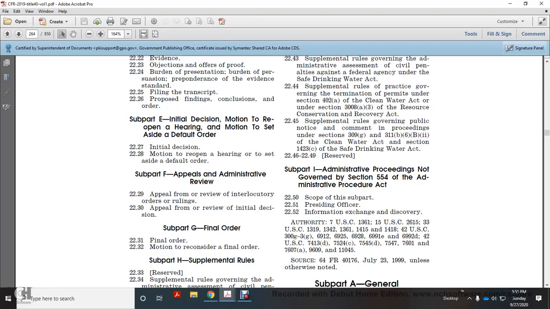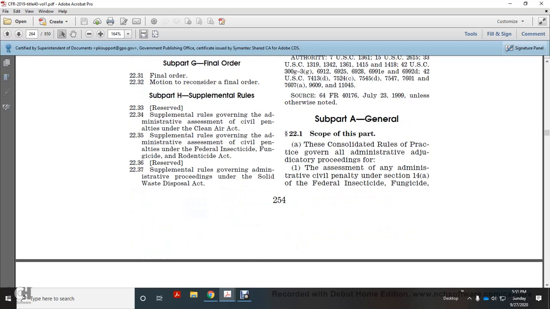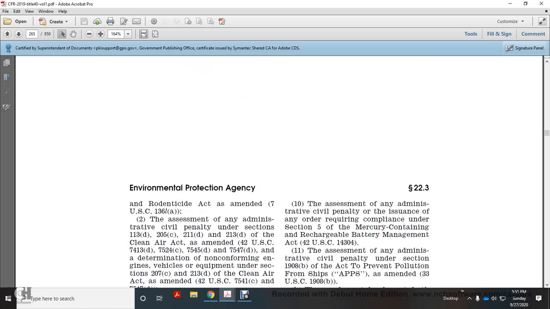Alright, Code of Federal Regulations 2019, Title 40, Volume 1, Subpart H, on Part 22. 22.1, Scope of this part. Consolidated rules of practice governing administrative adjudicatory proceedings, the assessment of administrative civil penalties under Section 14(a) of the Federal Insecticide, Fungicide, and Rodenticide Act, as amended,